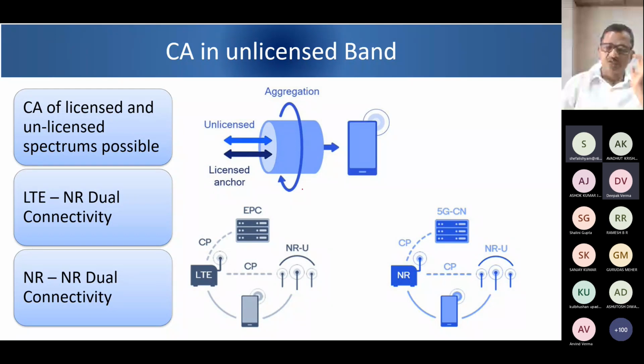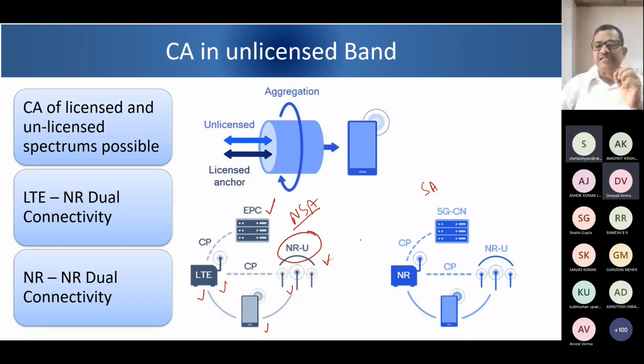One is NSA mode, non-standalone, another is SA mode. In case of NSA, the 5G BTS gets connected to the 4G core, that is EPC. So you have a 4G BTS as well as a 5G BTS. Basically the 4G is the master BTS and 5G is the slave BTS, kind of. But a 5G device can connect to both, dual connectivity, and have better data compared